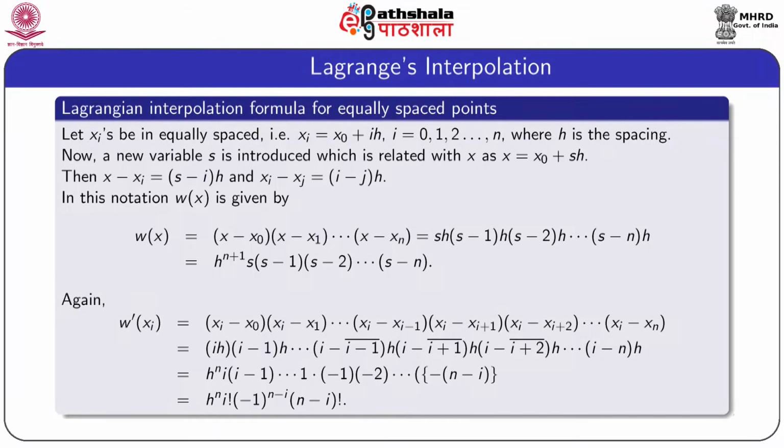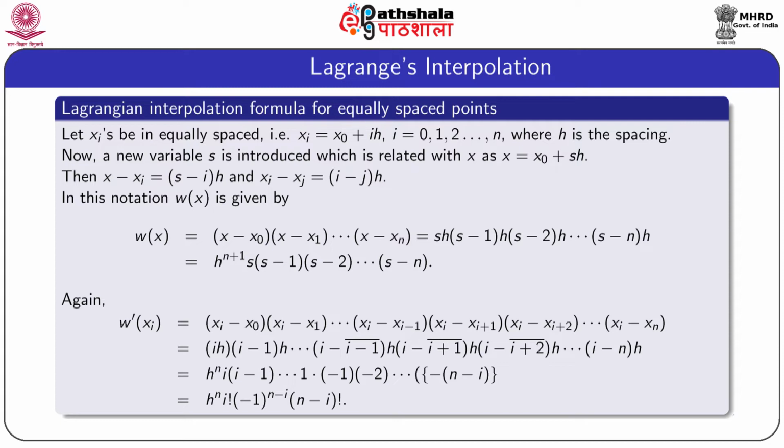So, we have deduced the Lagrange interpolation polynomial for unequally spaced arguments, but if we introduce equally spaced points, that means the length of each interval is equal, then the above formula becomes simpler. So, for this purpose we introduce a new variable s, which is defined as x equal to x0 plus s h, where s is a unitless or dimensionless quantity. With this substitution and with the condition xi equal to x0 plus i h, this is defined for equally spaced arguments.